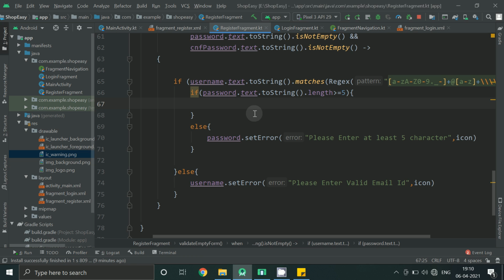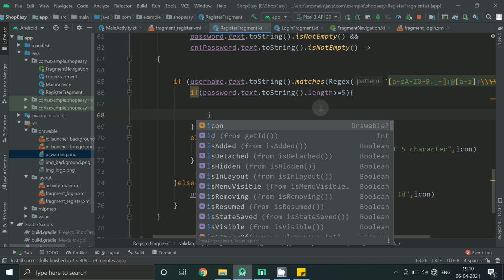Now if the password is of 5 character and more, then we will check confirm password.